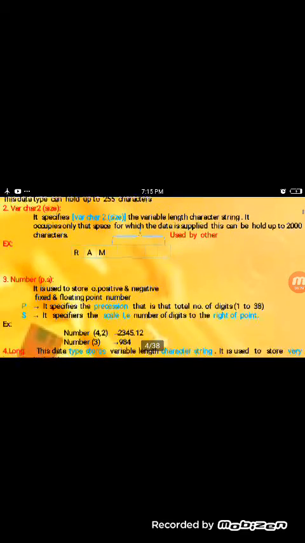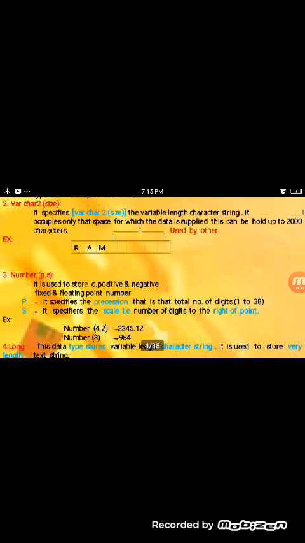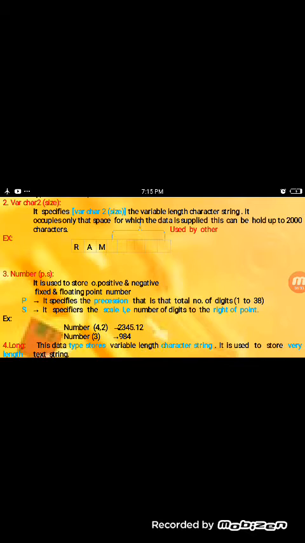After that, VARCHAR of size specifies a variable length character string. It occupies only that space for which the data is supplied.